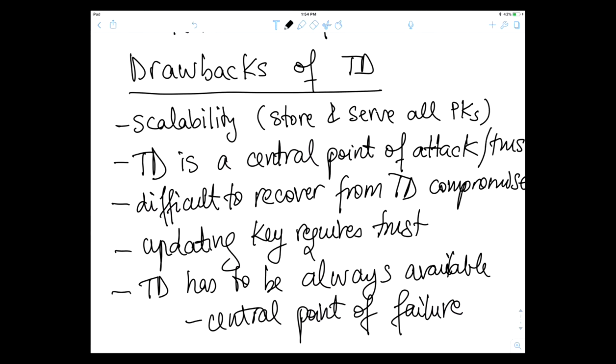Yeah, exactly. You need to continuously update the key once the certificate expires, or you could set a big expiration date, but then that's a problem because what if your key was compromised, then you're vulnerable for all that time until the expiry. So there's definitely a tension between how often you update the expiration date versus how often you're vulnerable if your key was compromised.